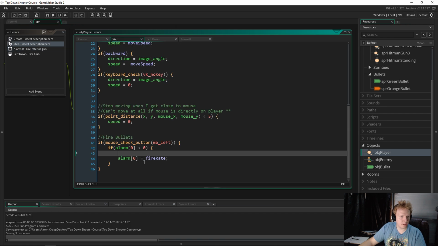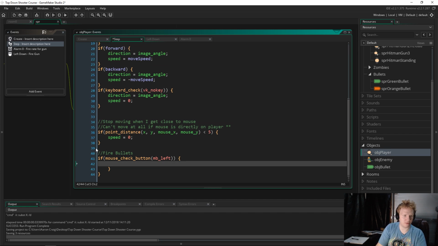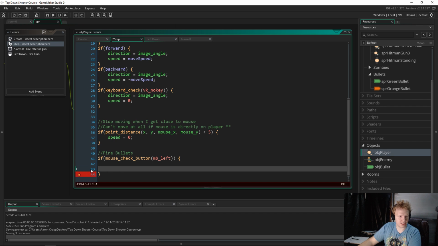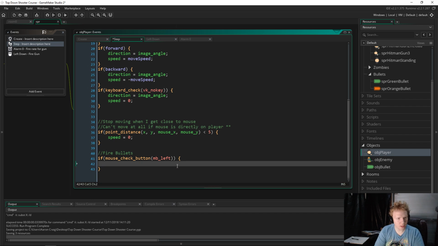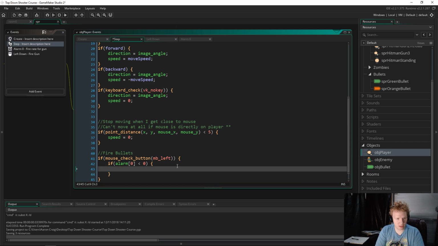And inside of here, we're just going to set the alarm. That's all that we have to do, is just set it. So if alarm 0 is less than 0, so if it has triggered, or if it hasn't been set yet, alarm 0 equals fire rate,